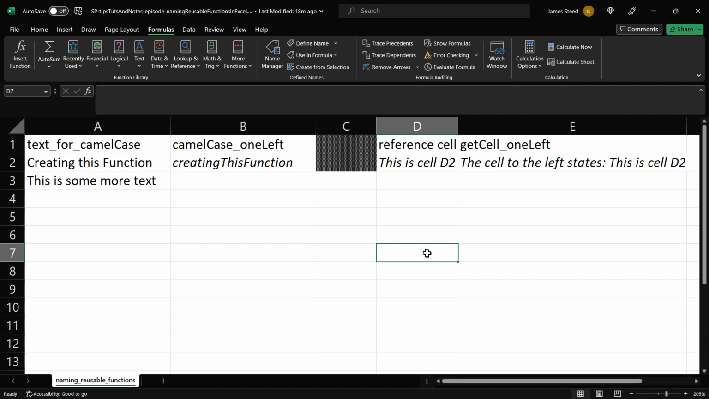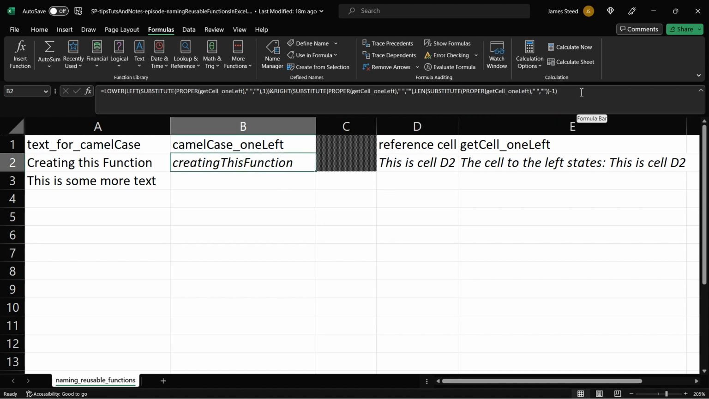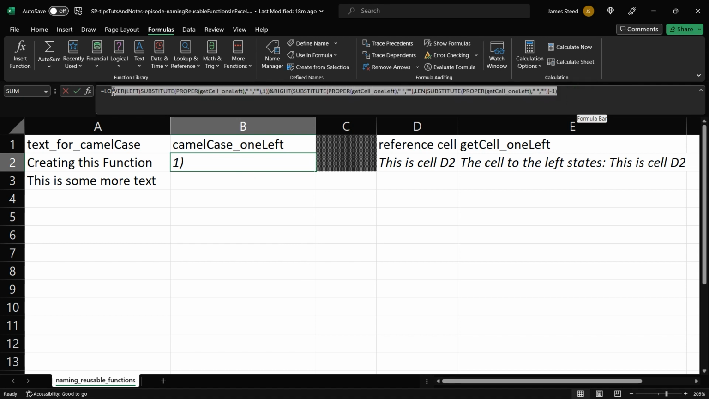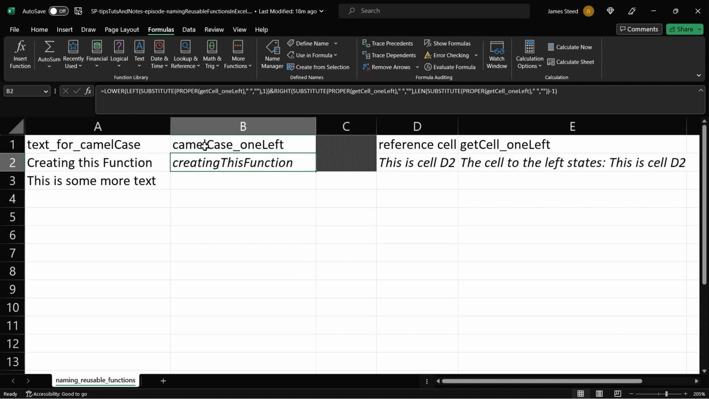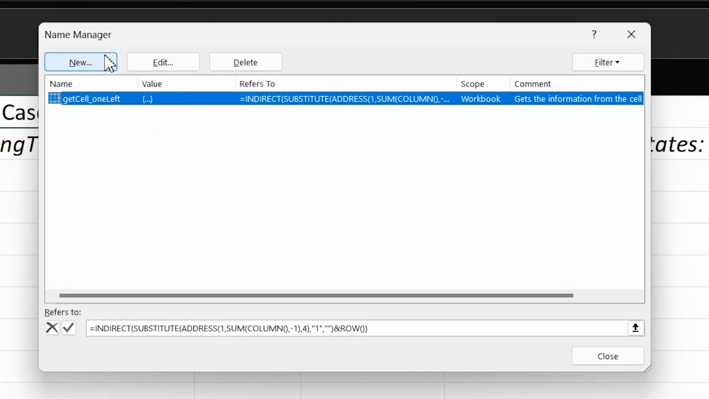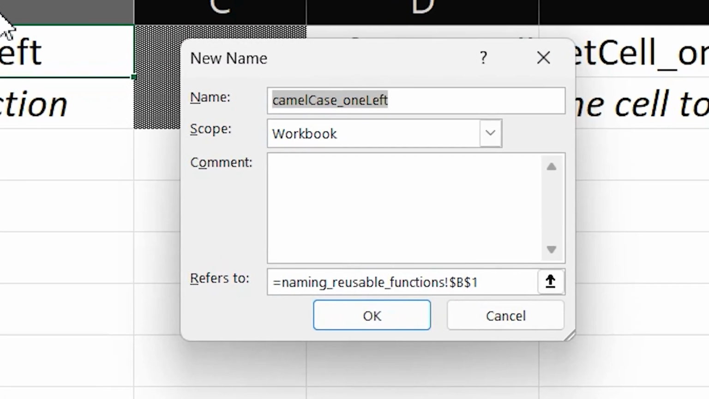The next thing I want to do is make yet another function, only this time we're going to use the Name Manager. I'm going to create a named function for this camel case function. I'm going to copy all of this text, make the cell active that is the name I want, go to the Name Manager, click New. The name is auto-populated. And now we're going to say